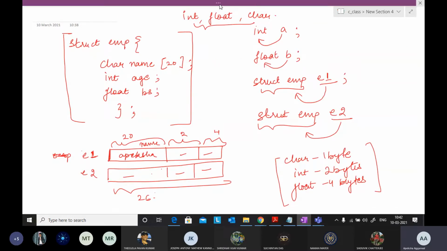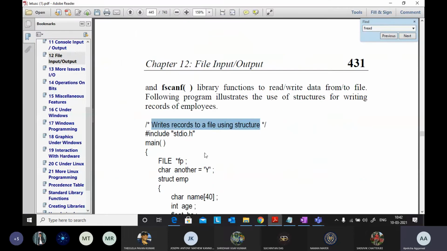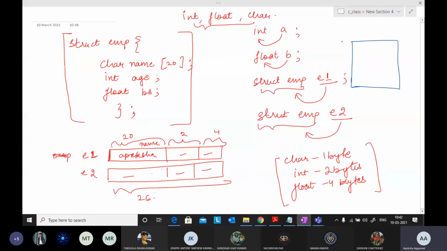I want to create a file in memory, basically a database in simple terms, and I want to give this file the name employee.dat. I want to write the names of all those employees, employee 1, employee 2, employee 3, their ages and their salaries, into a file.